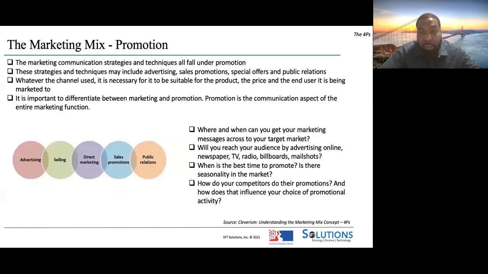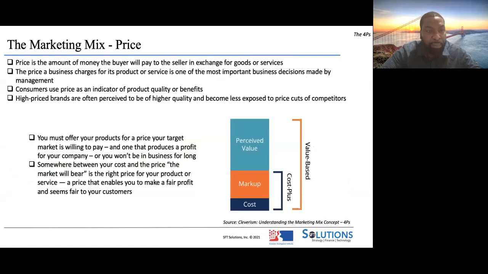So a lot of times when marketing, you have to take into account where you're marketing this good. Promotion. When and where will your customers get the message, right? Are they going to get it through emails? Are they going to get it by taking a look at a billboard as they drive by on the highway? Things like that, right? Where exactly are they going to interact with your promotion?